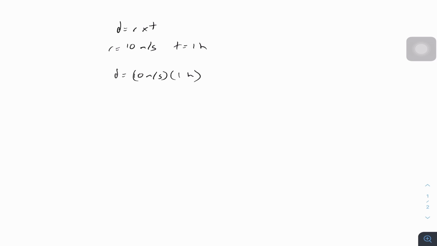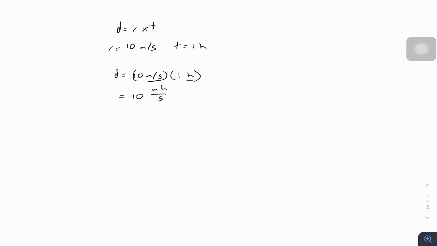And when you're doing these types of problems, you can treat the units, meters per second and hour, or whatever unit you're working with, as variables. So when you multiply, you get 10 times 1 is 10, and meters per second times hour is meter hour per second. Now this unit doesn't make sense, and to fix this, we need to use the dimensional analysis technique